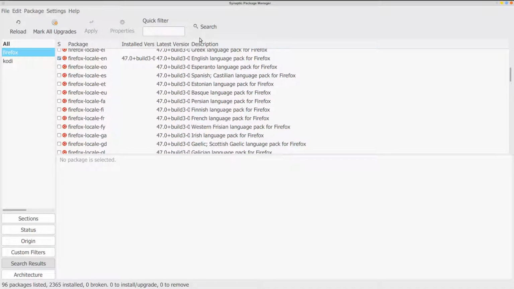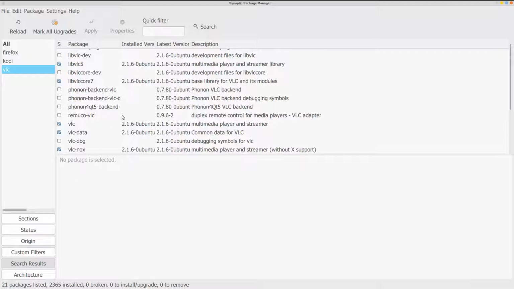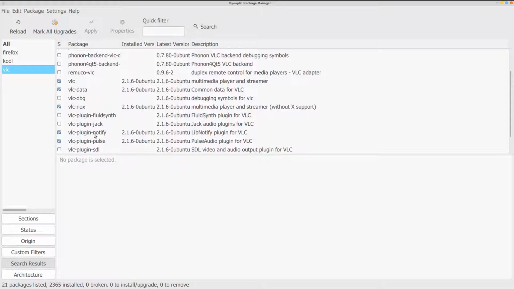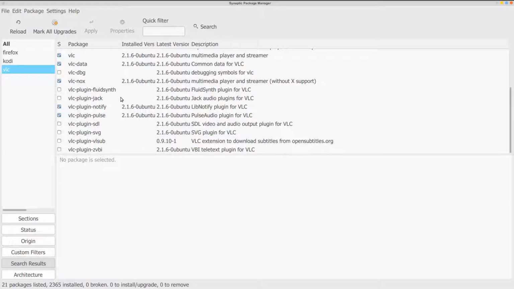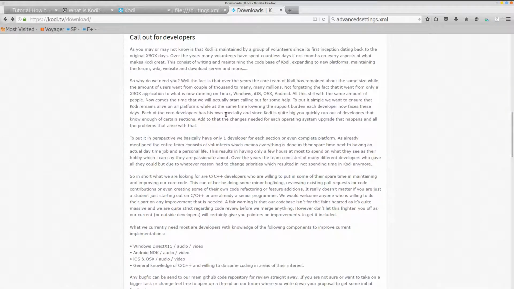So you might want to do this to a lot of things, like say VLC. I believe I got that installed, and they got plugins too for other things. So if you have any problems, and I haven't had any problems with the media, but this is for your browser, so you can use a VLC plugin. I don't have that installed, and since I have no problems, I'm not going to install it. So that's about it for